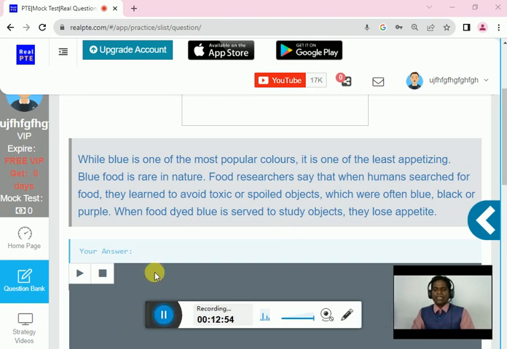Another rule is that read loudly in practice time. The computer will always give you 40 seconds in the real test exam, and within 40 seconds you have to read smoothly and loudly, so that your pronunciation will be very good and you can easily maintain a smooth voice. So you should practice loudly, you should read loudly in your real test exam within 40 seconds.